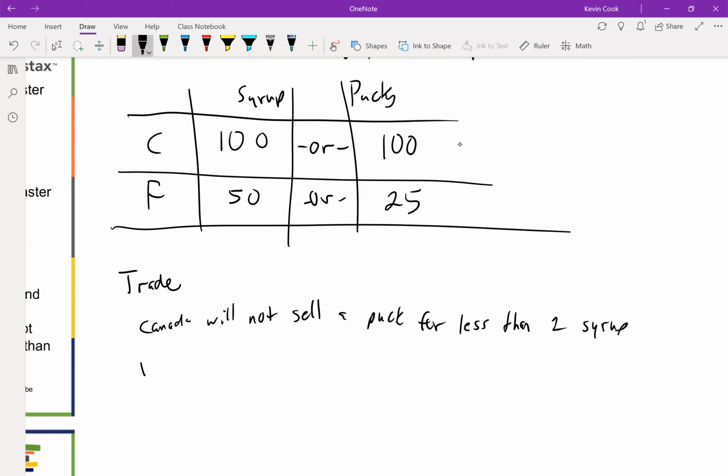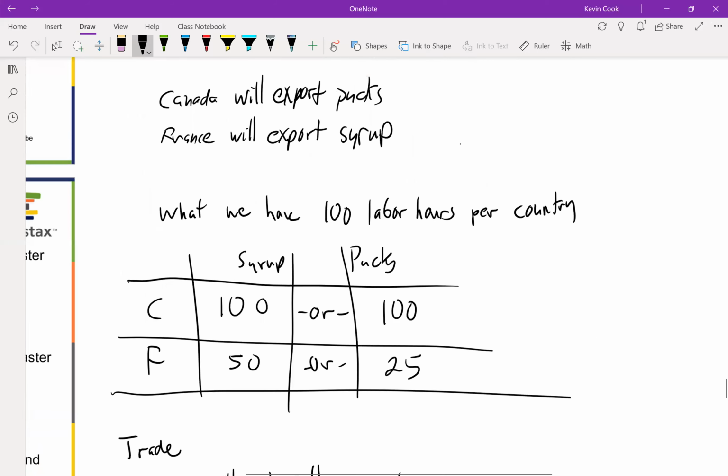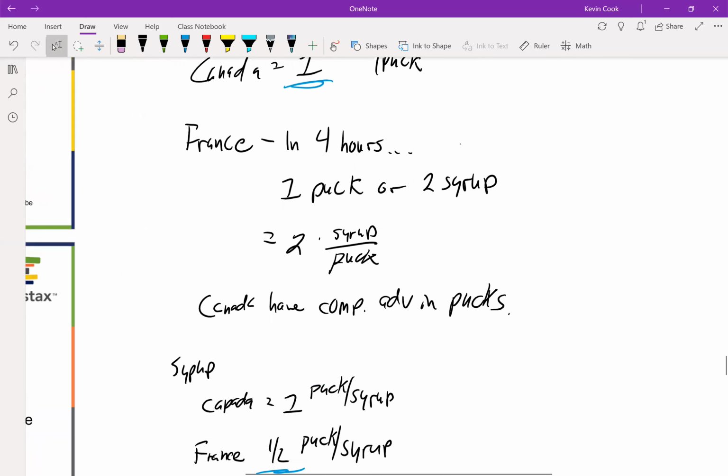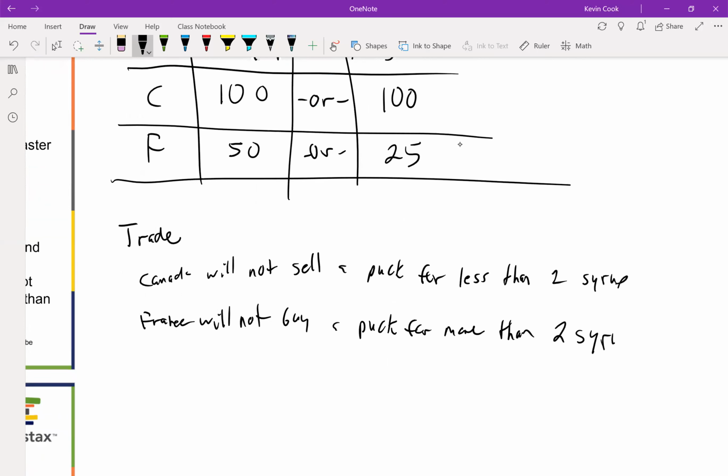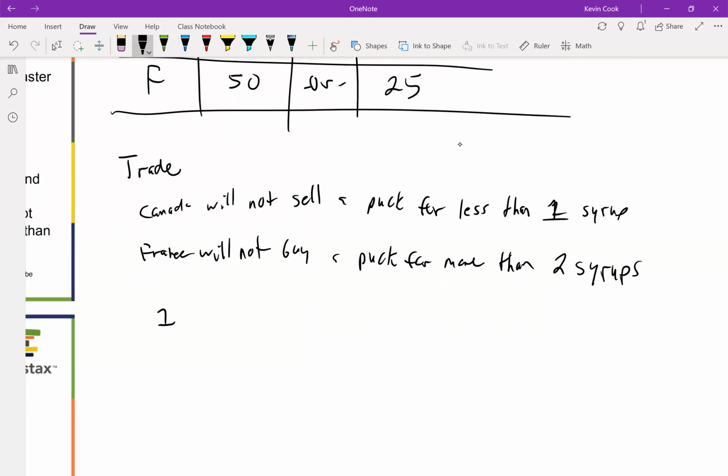And France will not sell a puck, or will not buy a puck for more than, we come back up to the pucks, France is 2. So France will not buy a puck for more than 2 syrups. Because again, if they did do anything outside of this bound, they could just make it themselves and be better off. So we'll see that 1 syrup per puck